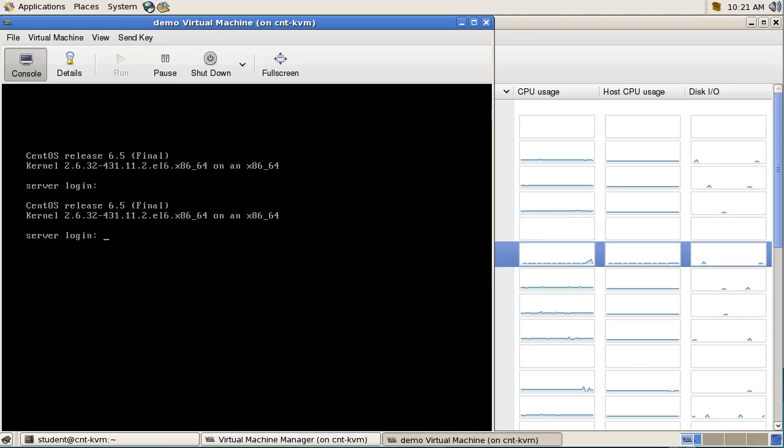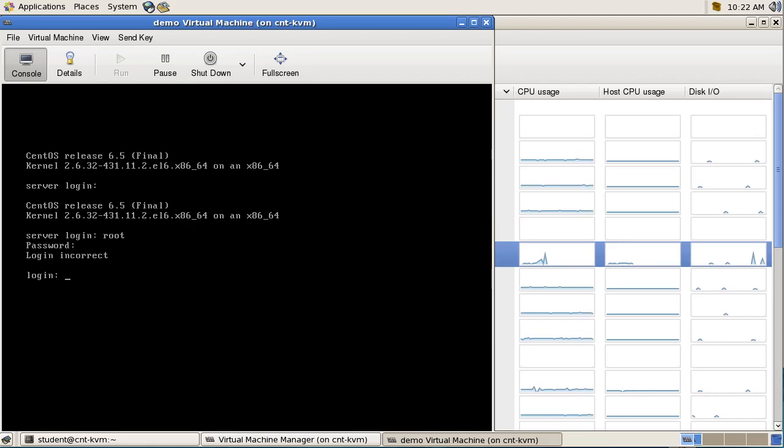You're connected to the keyboard, mouse, and monitor that are all connected to the actual server. This is a virtual console. So if the network's broken, the virtual console will still work. If you screwed something else up where you can't connect, you might still be able to get in with the virtual console. So you should be able to log in with your root password,